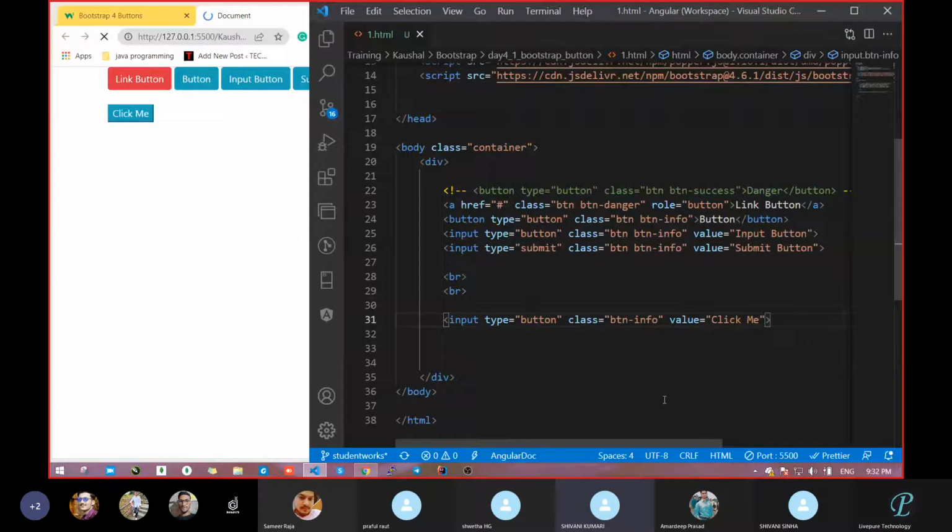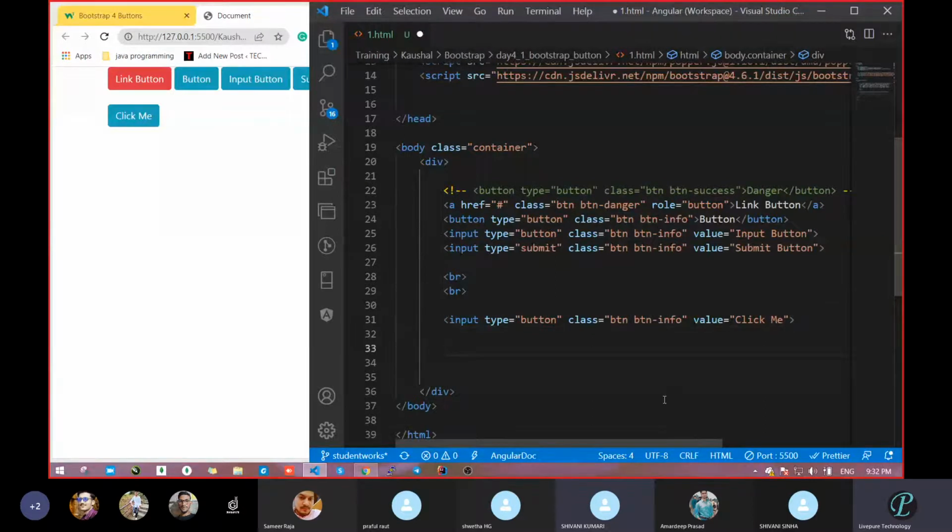Let's see. Did you realize the changes? Okay. The button becomes short, small. But when you add this btn property, let's see. It becomes healthy. Correct? So that's why, because that btn also already has some properties. Got it? Yeah. Whatever we have studied in Bootstrap, everywhere we are taking the same type.